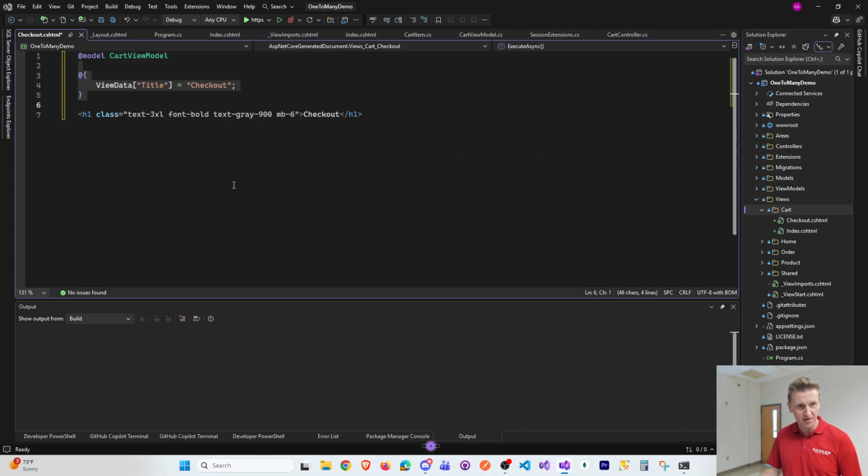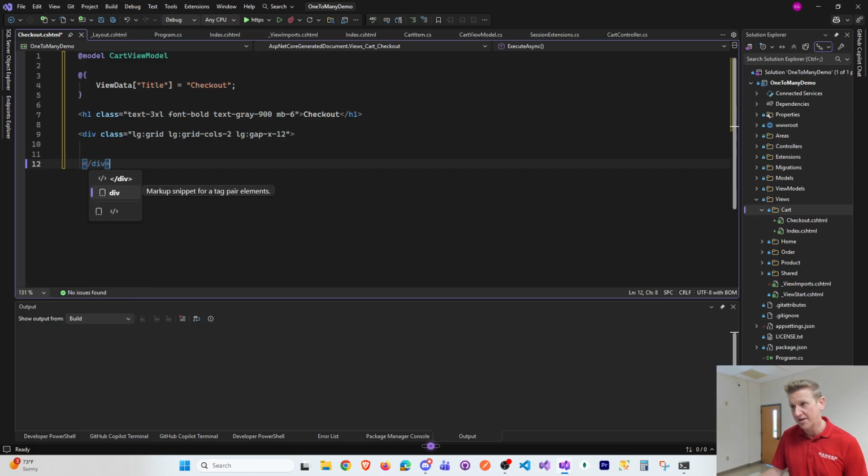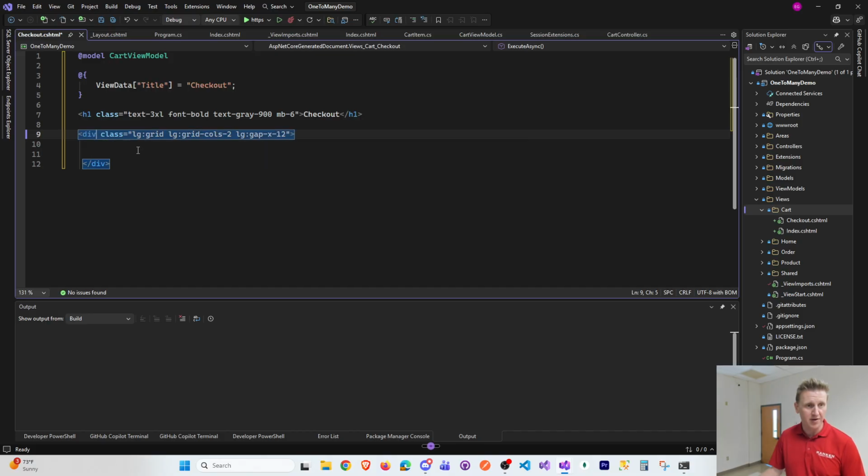Okay, so kind of start out here, try and piece it together because there's a big old div on the outside. Fair amount of code, but I like to explain it piece by piece. So the first innermost div, the first child div, let's just bring that in. So the outer grid,